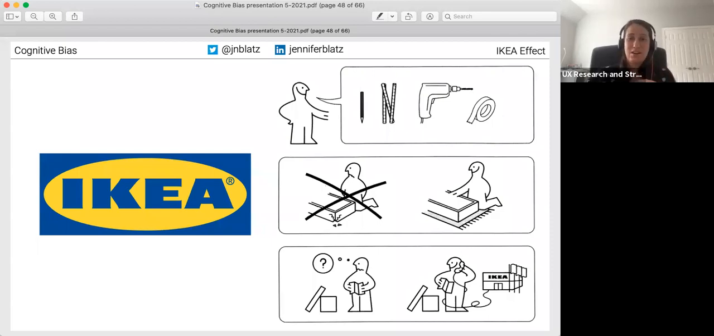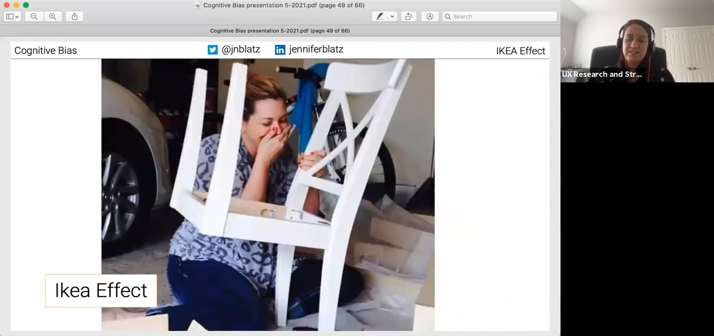I am the person in our household who assembles IKEA furniture, and I love it. I have to admit, though, I've had some furniture that looks a little more like this. Whether you love it or hate it, there is a cognitive bias associated with the famous Swedish furniture store, IKEA. So the IKEA effect